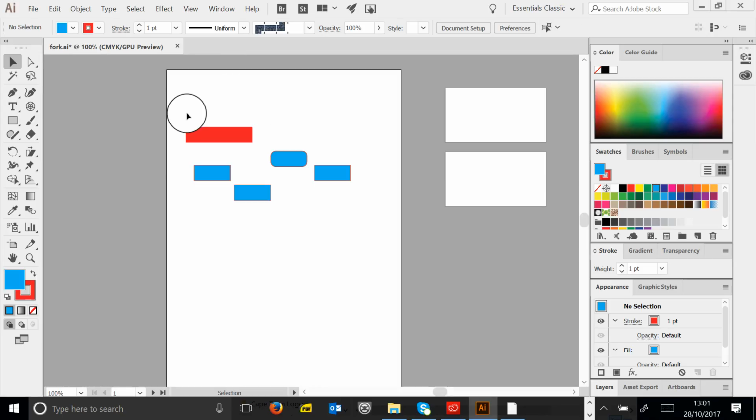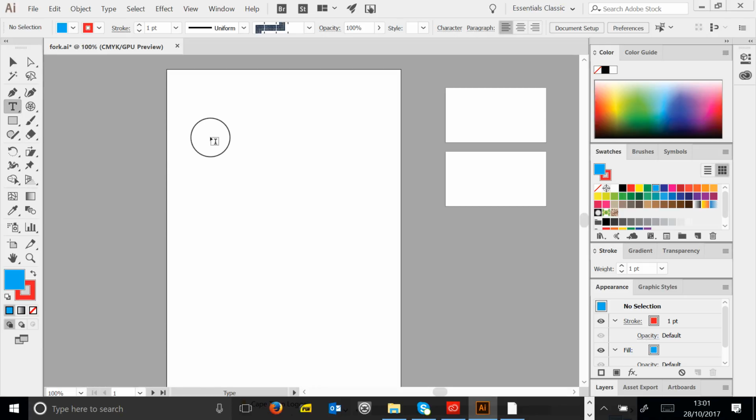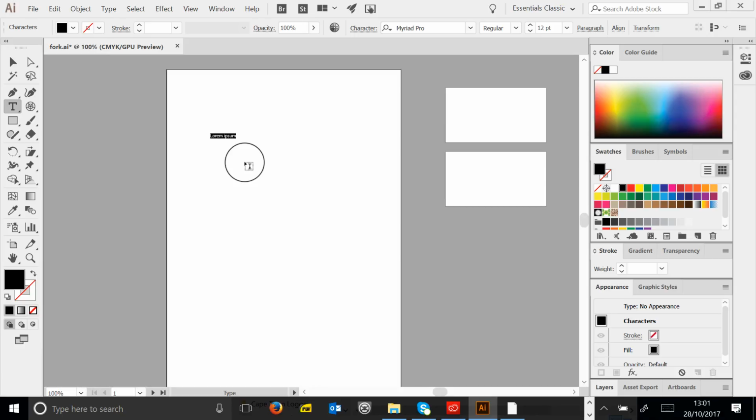Okay, then text. A quick roundup of text. There's your text tools, and there's lots of nice tools that you can play around with there. Now with text, you would click to create a text box, and we can write there, in my case my restaurant's going to be called Fork, and I can select that text by clicking and dragging over it, and then I can set the size in my property bar. And there's a nice trick here. You can click in your font box and use your up or down arrow keys in order to go through different